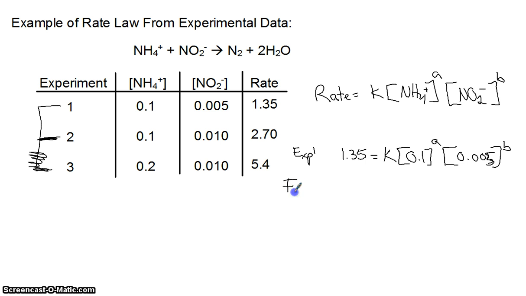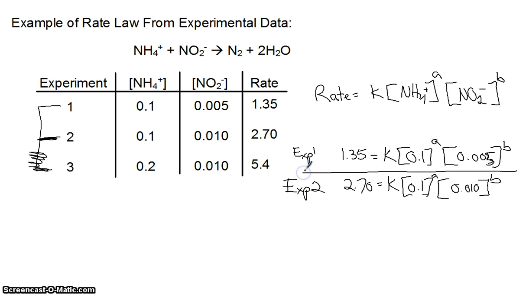Now if I look at experiment 2, the rate goes to 2.70. K is still the same number. NH4 stayed at 0.1. That's still the A power. And NO2 minus is 0.010. That's to some B power. If you look, I can divide these reactions out. If I do that, 1.35 divided by 2.70 is 0.5 equals, the K's cancel out, the 0.1 to the A power cancels out, and so what I'm left with is